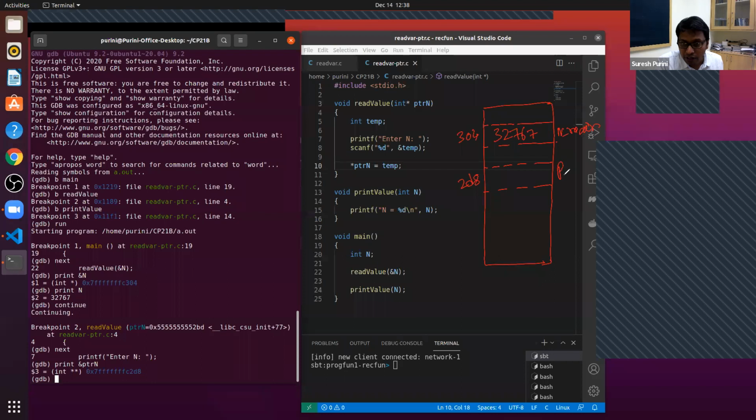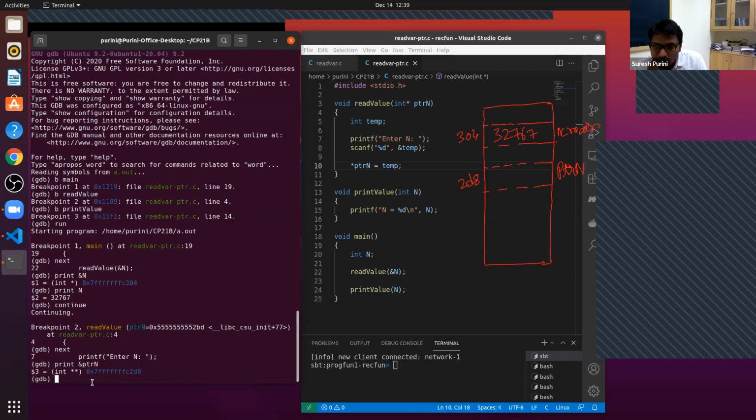So we have the ptrn variable. And what will be the contents of the variable ptrn? Any guesses? Garbage? Huh? What are we passing on line number 22?